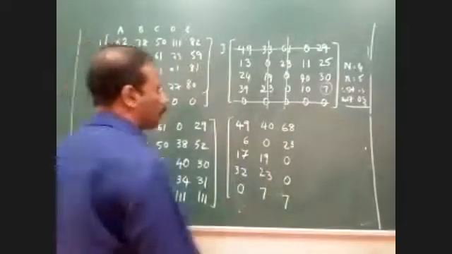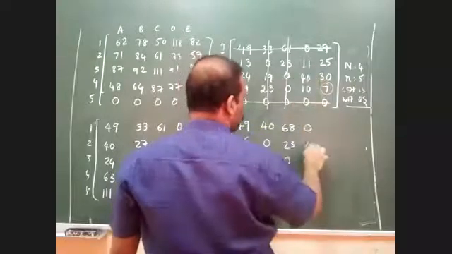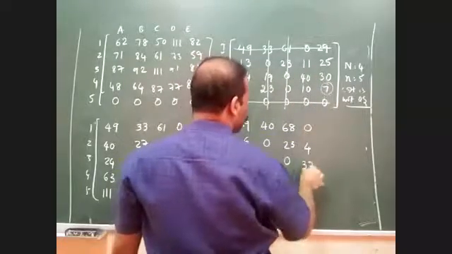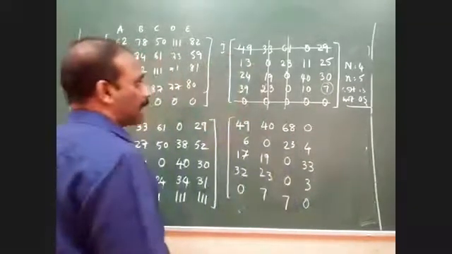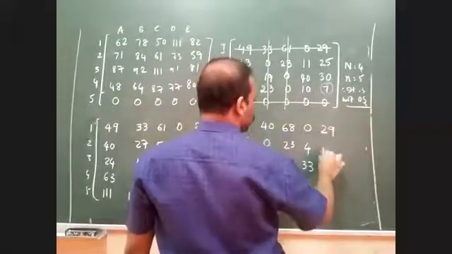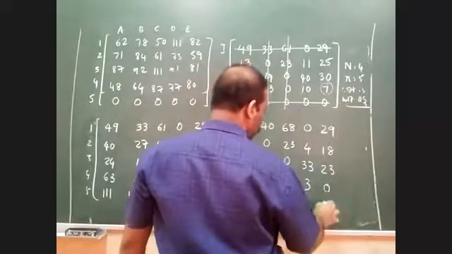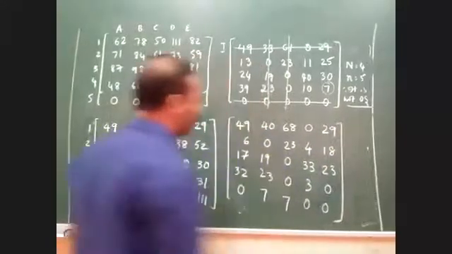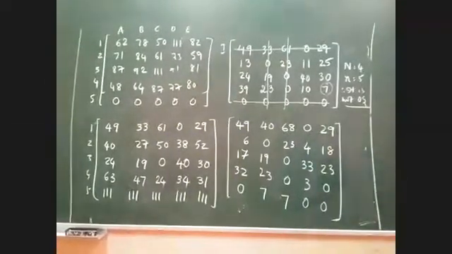Now coming to the fourth column, the first value remains the same. The second value 11 minus 7 is 4, 40 minus 7 is 33, and 10 minus 7 is 3. And this 0 remains as it is. In the last column, the 29 remains as it is. 25 minus 7 becomes 18. 30 minus 7 is 23. 7 minus 7 is 0. And 0 remains as it is. Now this is the new matrix we've got. Can you please tell me how many lines are required now to cover all the zeros? Checking the condition of optimality now. Please look at the board and tell me quickly.